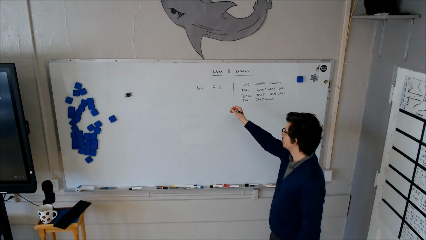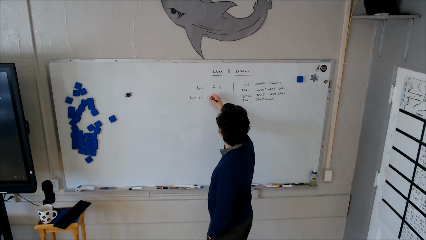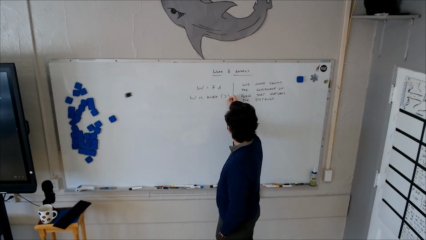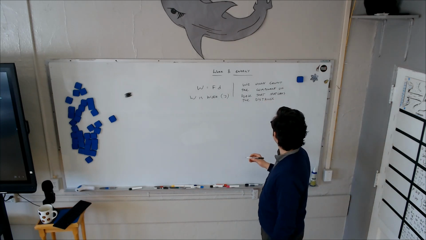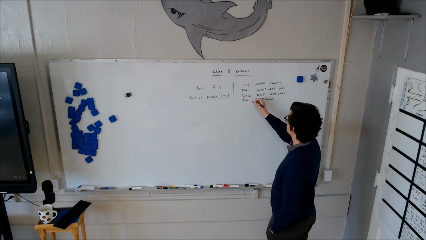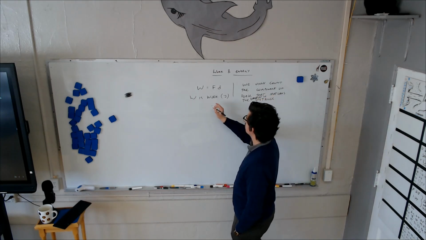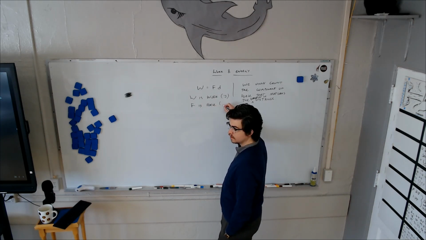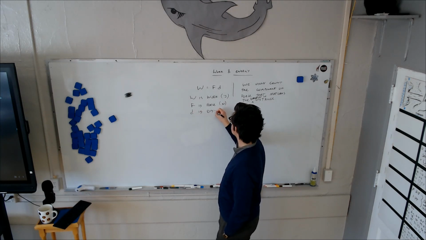But for now, what is W in this equation? Probably, you can guess. Work measured in joules. So that's a force that matches the direction of the distance. Anyway, W is work, which is measured in joules. F is force, measured in newtons. And D is distance, measured in, as always,